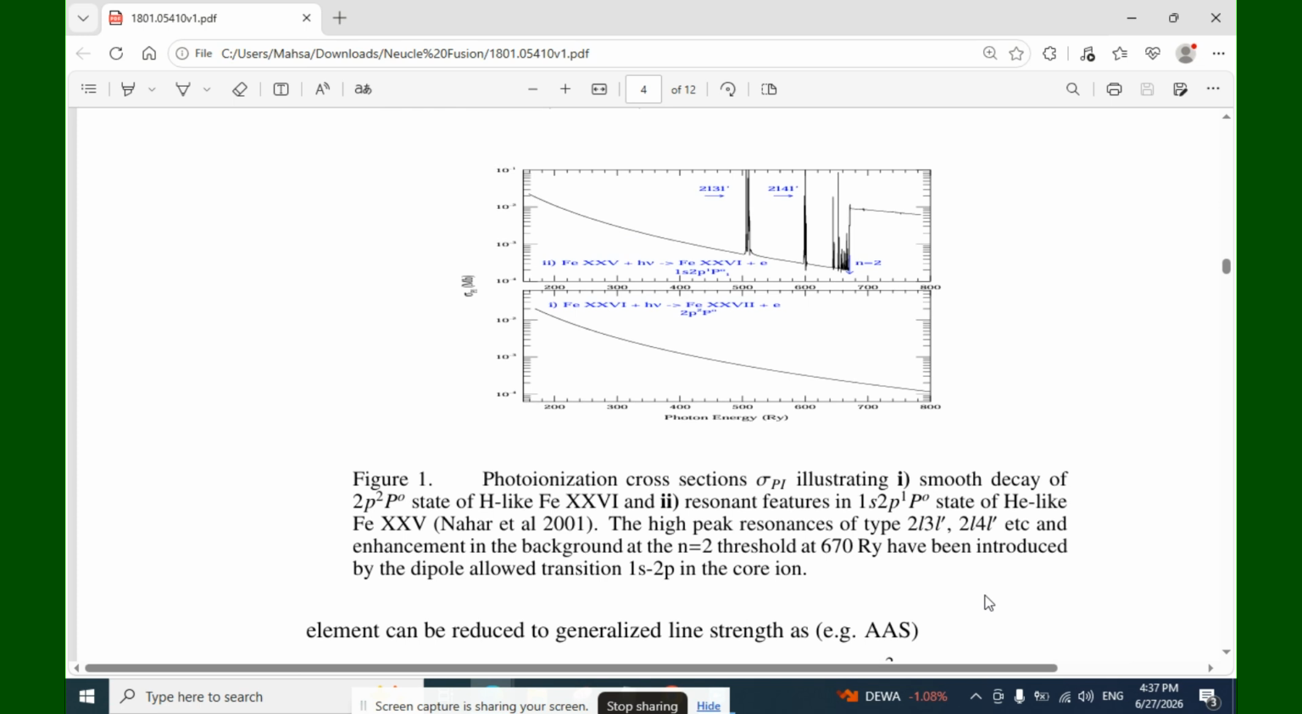As you see in Figure 1, it illustrates photoionization cross sections σ_PI. The first one shows smooth decay of the 2p² ²P⁰ state of a Helium-like ion, Fe XXV. For the second one, resonant features in the 1s2p ¹P⁰ state of the Helium-like Fe XXV, Nahar and his colleagues. The high peak resonances of types 2/3 LPD and 2/4 LPD, and so on. An enhancement in the background at the n = 2 threshold at 670 Ry has been introduced by the dipole-allowed transition 1s–2p in the core ion,